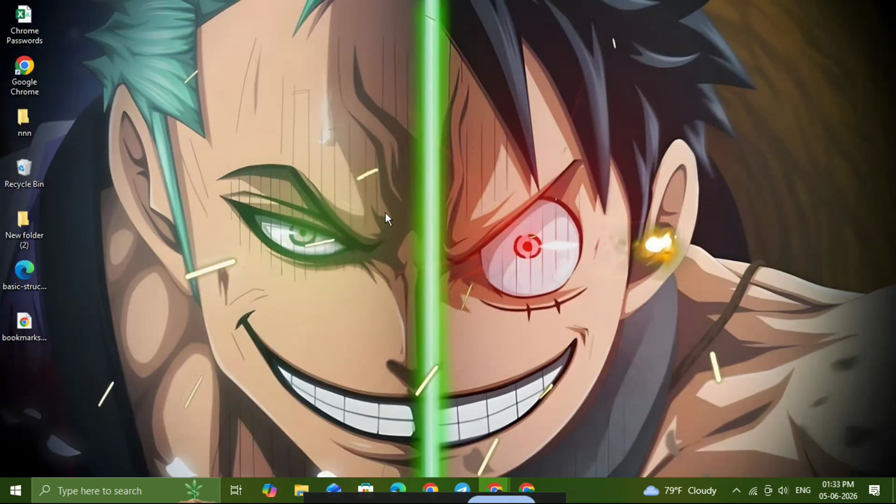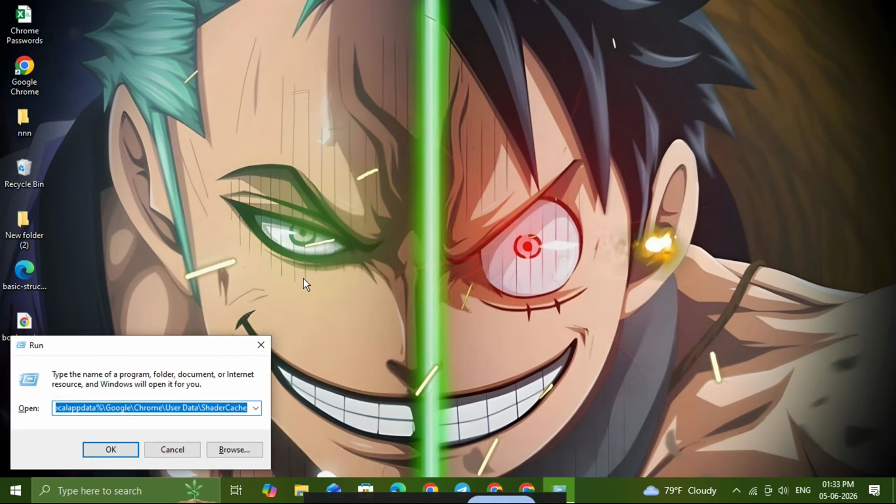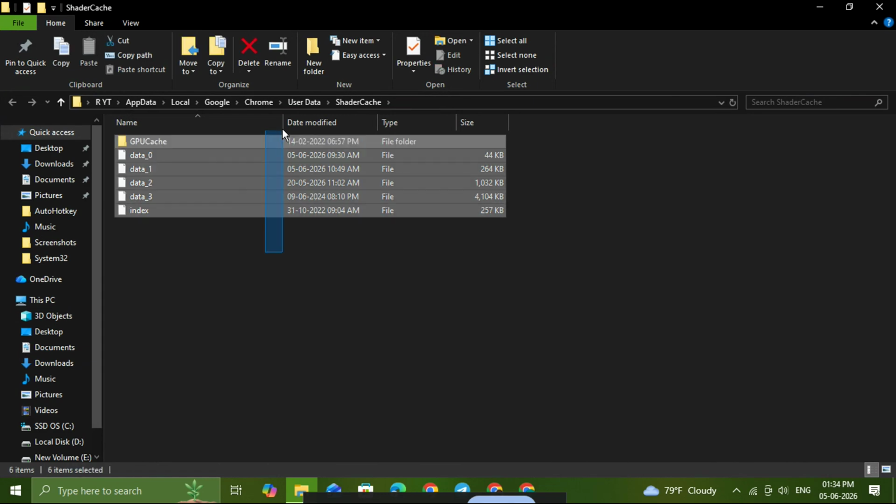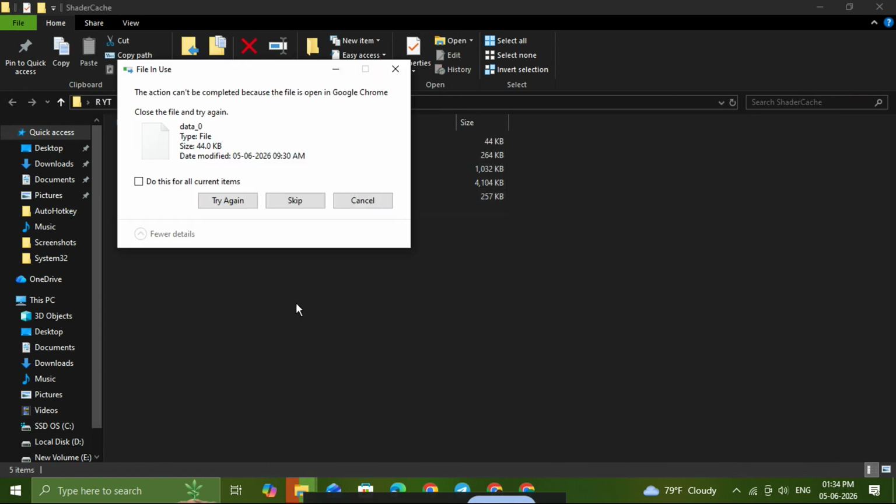On Windows, press Windows+R, paste %localappdata%/Google/Chrome/User Data/ShaderCache, and press Enter. On Mac, open Finder, press Command+Shift+G, then paste ~/Library/Application Support/Google/ShaderCache, and press Enter. When the folder opens, select everything inside the shader cache folder and delete it. After that, empty your recycle bin on Windows or trash on Mac, then reopen Chrome and check whether the flashing